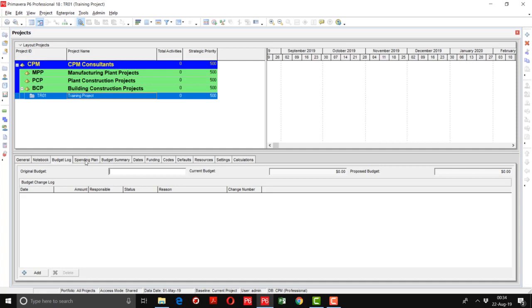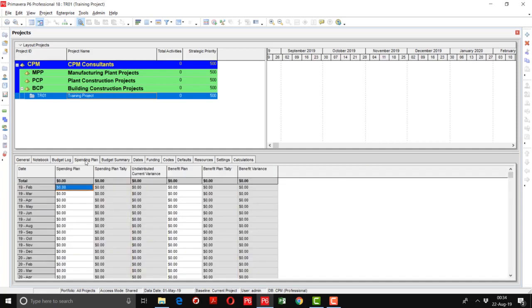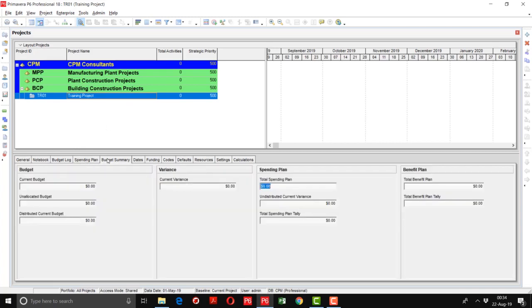Then in the next tab, that is spending plan, the month wise spending plan you can also define here. Then we are going to the budget summary tab. Here you can see the total available budget, total current budget, unallocated, allocated,